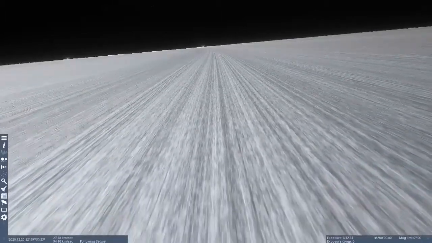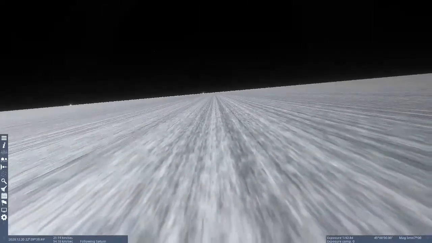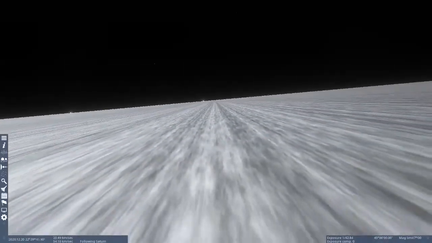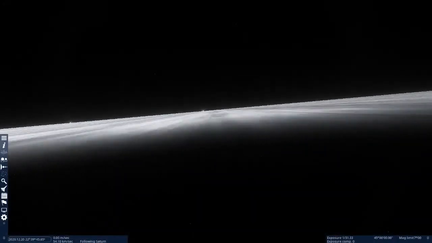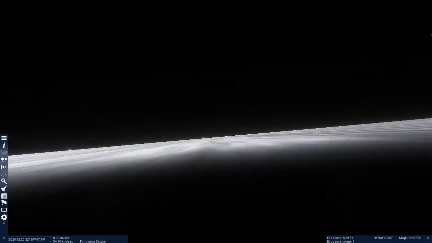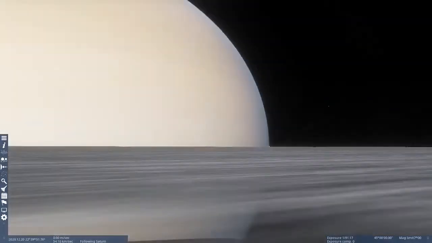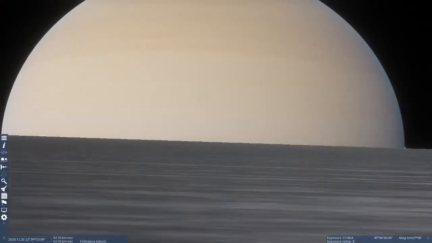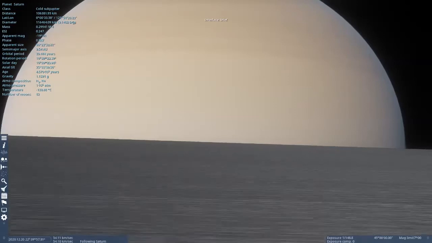It seems to me, if I recall correctly, in an earlier version of this program, the rings were represented as little rocks, but in here they're just a kind of texture painted on a big, enormous flat plane. And turning the computer on for a second so I can read off the speed.